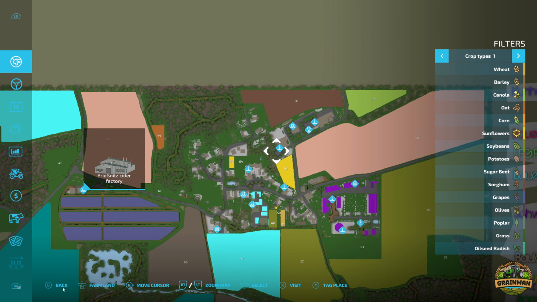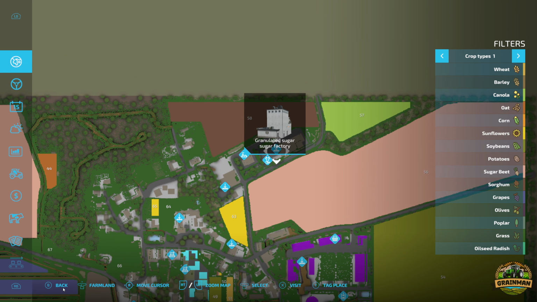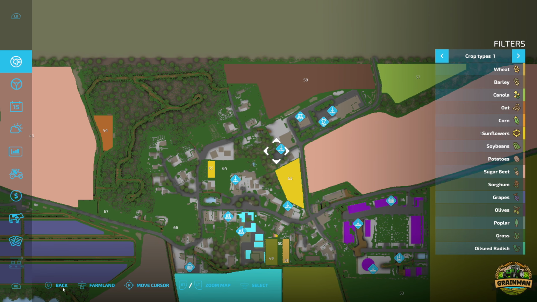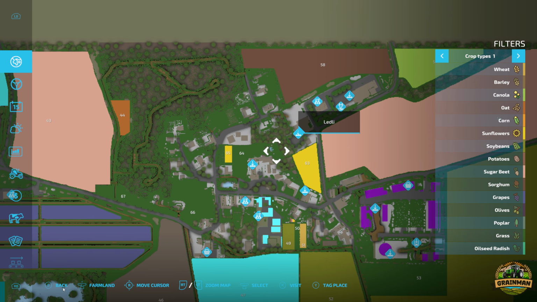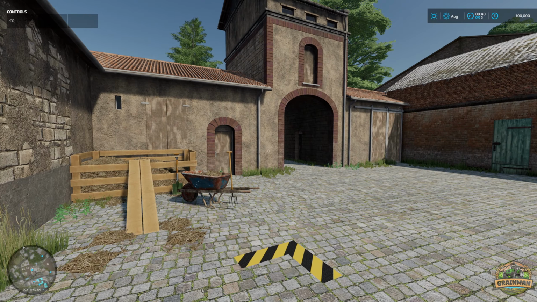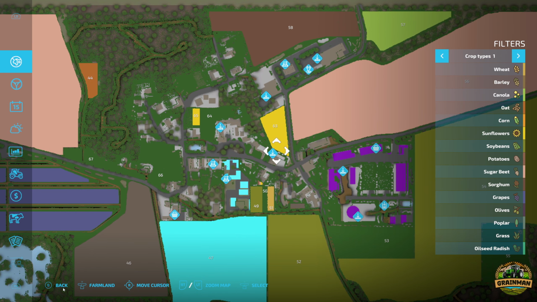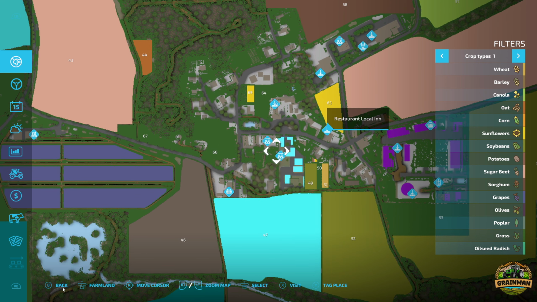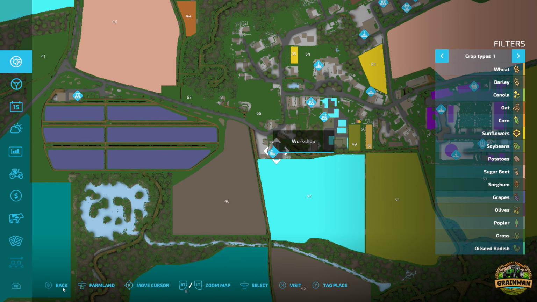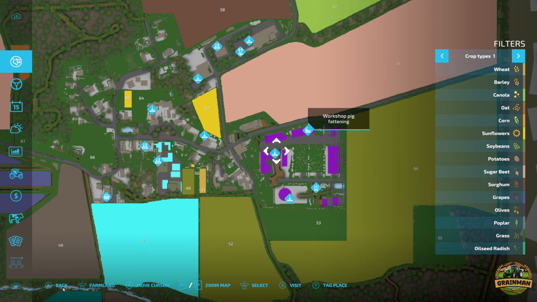cider factory for your apples. I'm going to go up here, granulated sugar factory, livestock market, animal dealer, Ledley, I think that's a supermarket if I remember rightly, construction site, that's the construction site here that you can drop things off, if I remember rightly as well from last time we did the tour, restaurant local inn, Jan's country bakery, small greenhouse, the workshop, so I'm guessing you can buy bits and bobs from there, workshop pig fattening,